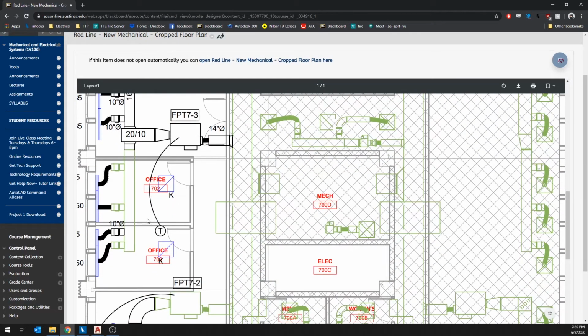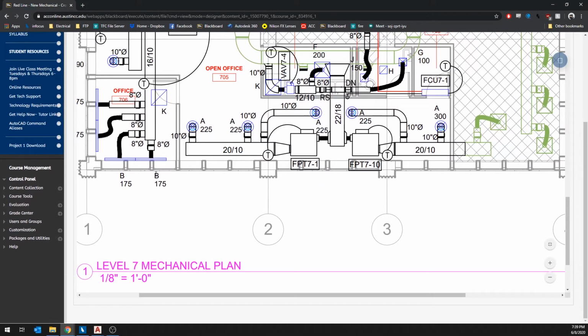lines here. Add in all of the text. So these are diffuser tags. So this would go back to B, and you would see diffuser B on a schedule, and then 175 is the CFM, or how much air is coming out. This dimension right here, so it's 20 inches wide by 10 inches deep. This right here indicates a round duct, and so this is a 10-inch round,